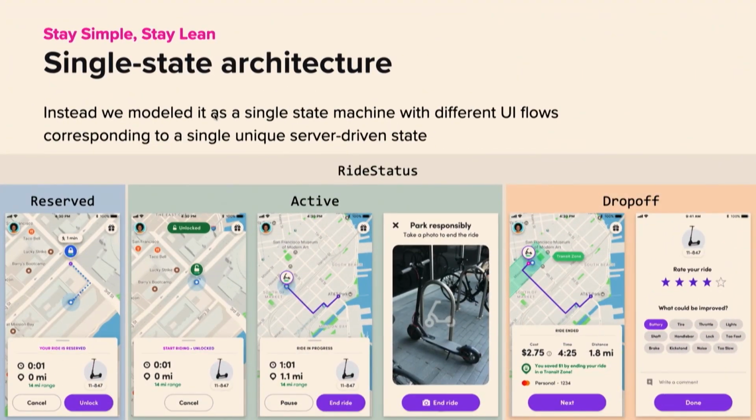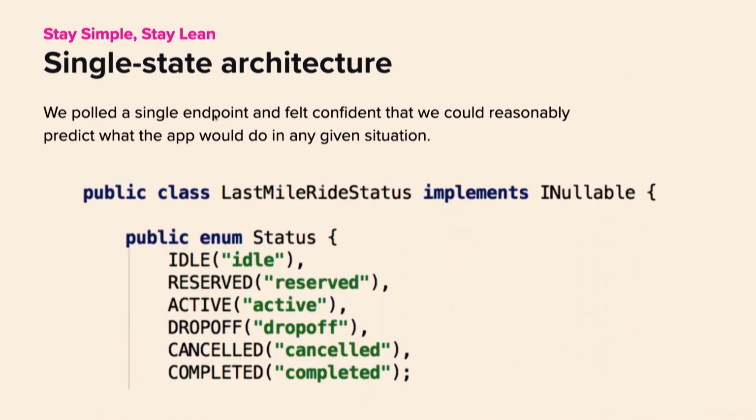So instead, we realized that even though our golden path had a bunch of different screens, we actually could consolidate them quite a bit into just one enum. This was your reserve state, where you haven't actually started your ride, your in-ride active state, where you actually had it active, and then those intermediary states would be dictated by other data sources. And then you had your dropped off state, where your ride was effectively ended, but you could still navigate through different aspects. We were able to look at this and know one endpoint, you pulled it, you got that value, we knew exactly what state the UI would be in as a result. This gave us a ton of confidence that this architecture worked.